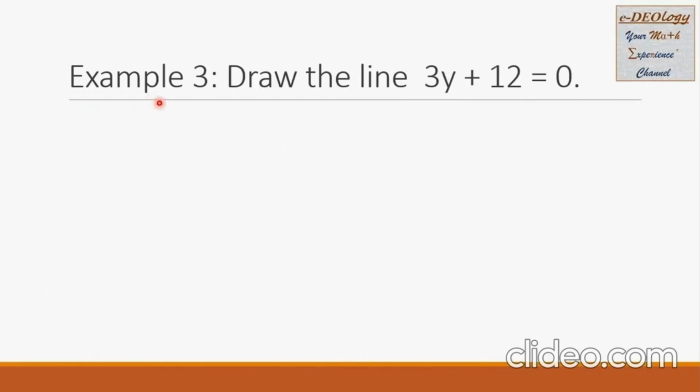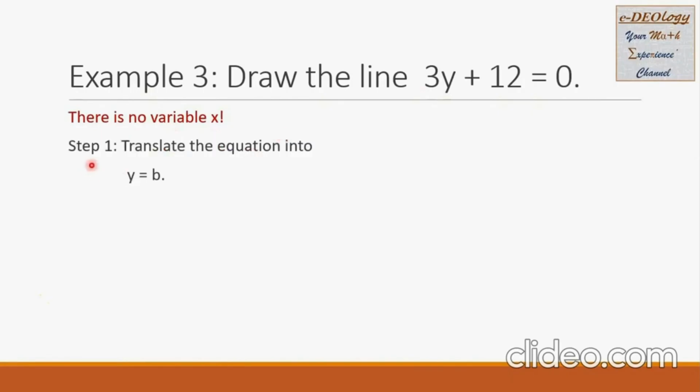Let us have example 3. Draw the line 3y plus 12 equals 0. In this example, there is no variable x. For our step 1, we will translate the equation into y equals b. It means we will isolate the y with coefficient of 1 on the left side, and this is equal to